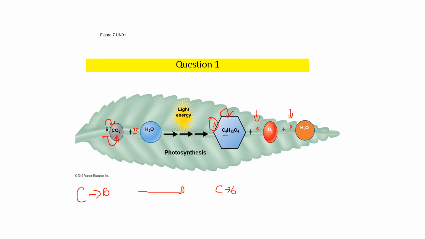So you have 6 multiplied by 2, so here you have 12. And here you have more oxygen. So you have 12 multiplied by 1. So you will get here 12 and 12. So oxygen you are going to have 24.